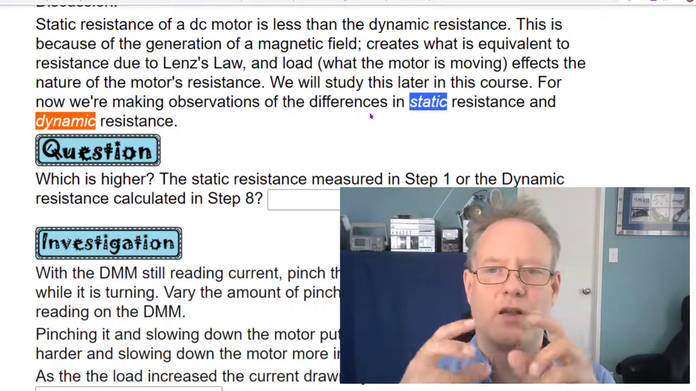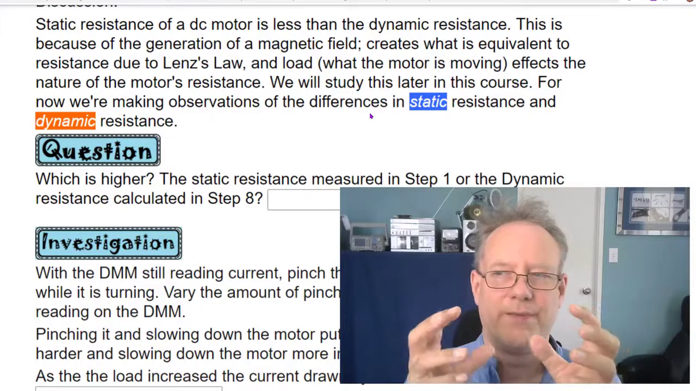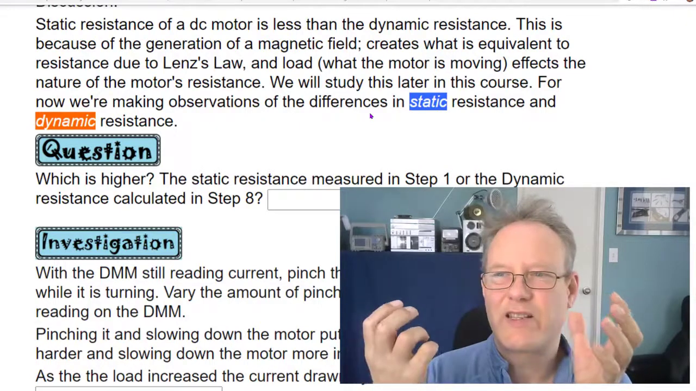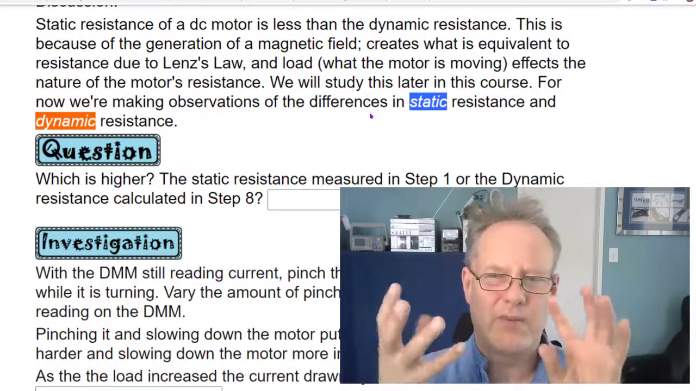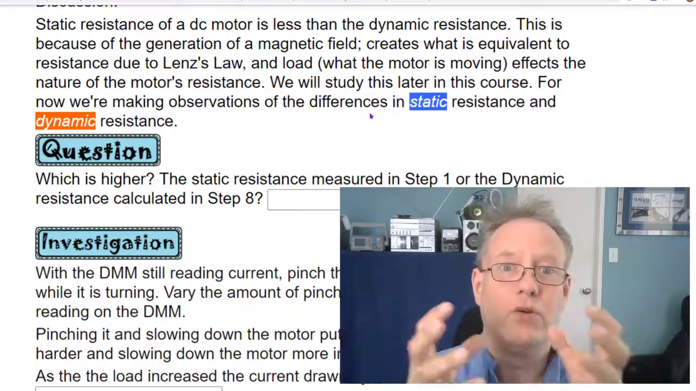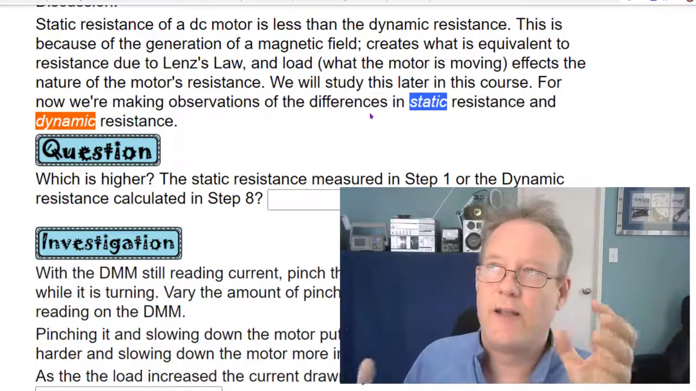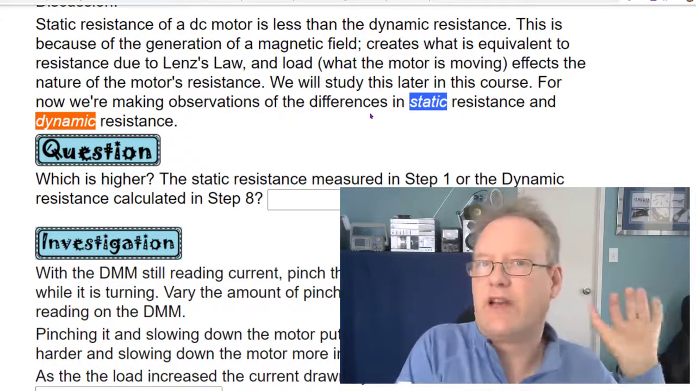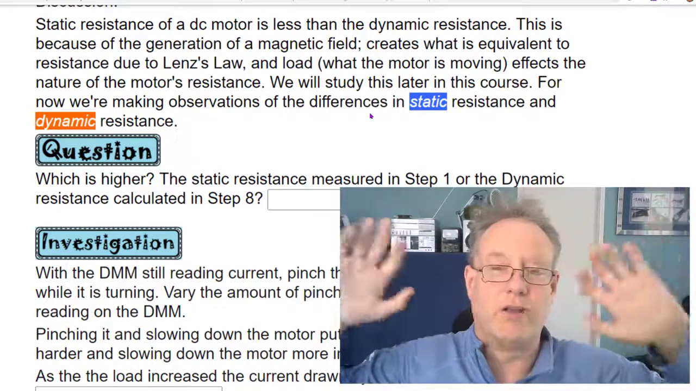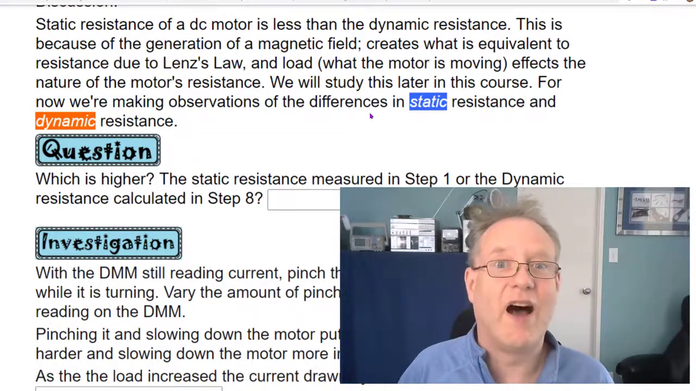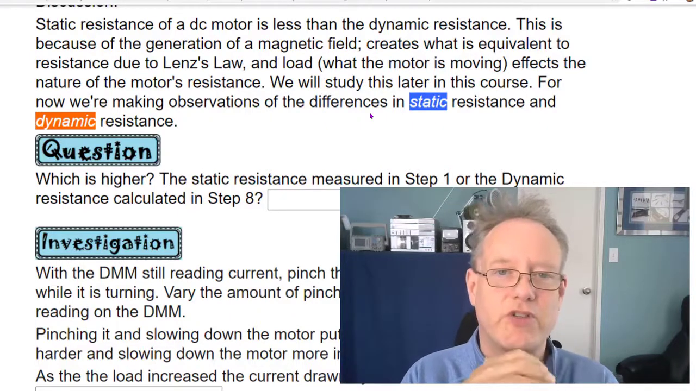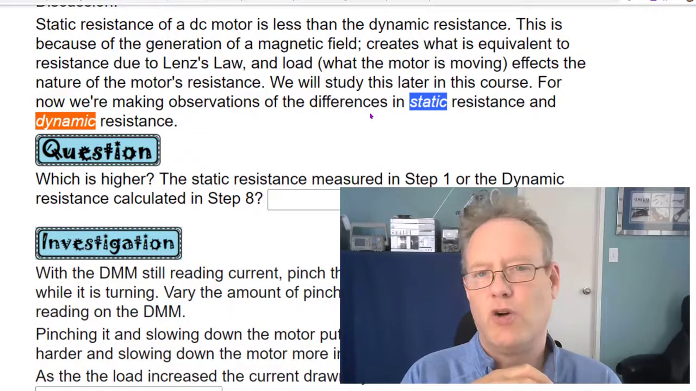So because of Lenz's law, we have this thing. It's kind of resistance. It's not actually reactance either, but it's kind of like a mix between the two. It has to do with Lenz's law. I mean, reactance won't exist without Lenz's law. Maybe you don't know what I'm talking about, and that's fine. It's okay. What we're studying here is we're just noticing that if you put a load on the motor,